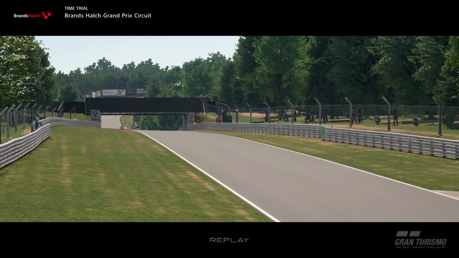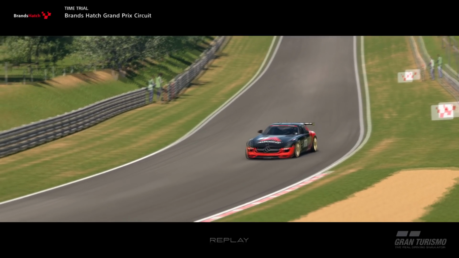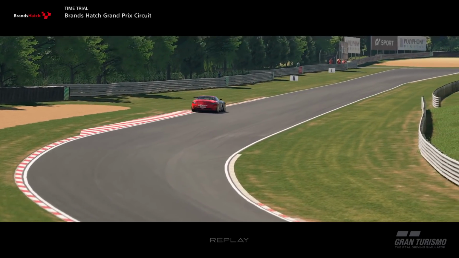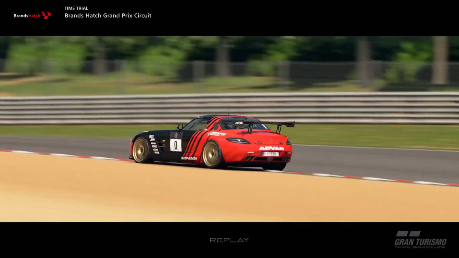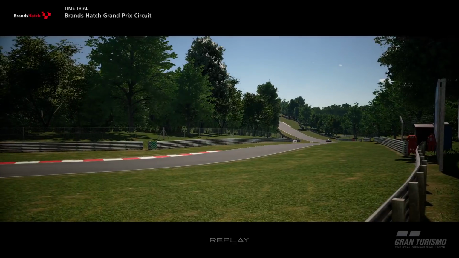So the first one I'm going to do is the SLS around Brands Hatch, which is not a combination that you will want to drive, trust me. This Mercedes is just so heavy at this track. It's probably going to be one of the weakest, if not the weakest, cars here. However, I have managed to push it as far and as hard as I can to get it into a 1 minute